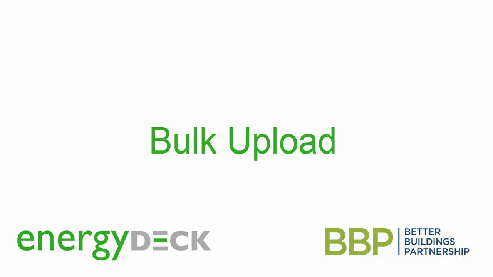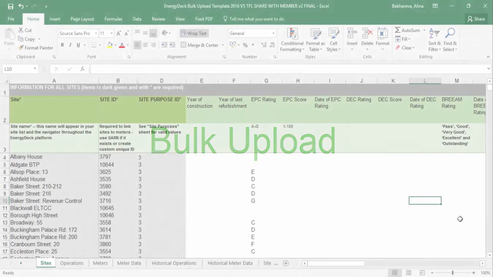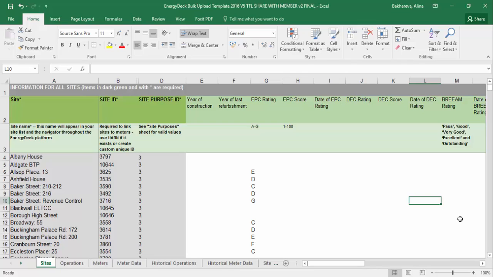Welcome to the third BBP tutorial, EnergyDeck Bulk Upload. EnergyDeck is able to capture large data sets using a feature called Bulk Upload, a flat spreadsheet which captures all building data, ranging from site location to half-hourly meter readings. These can then be uploaded to the platform, transforming the sheet into the format you'll have seen in the first two tutorials. Using the historical data provided to the BBP, EnergyDeck have pre-populated each member platform with all existing data